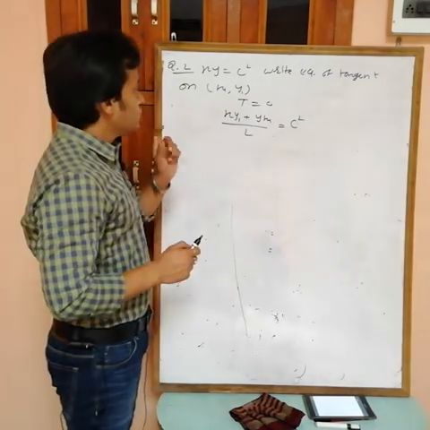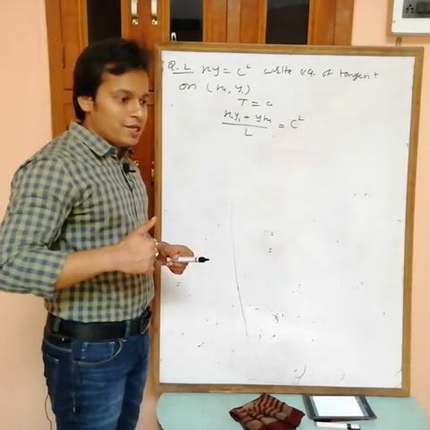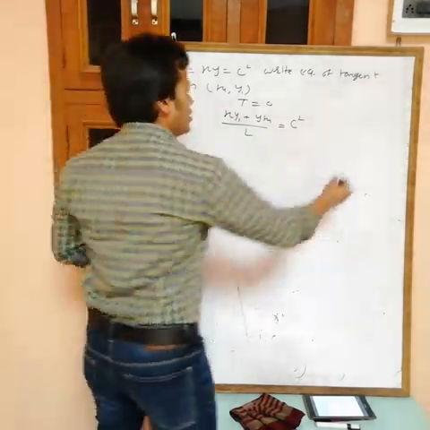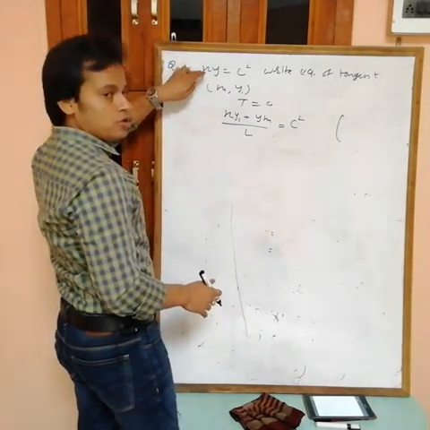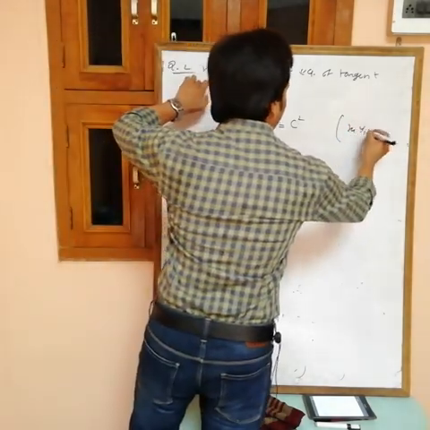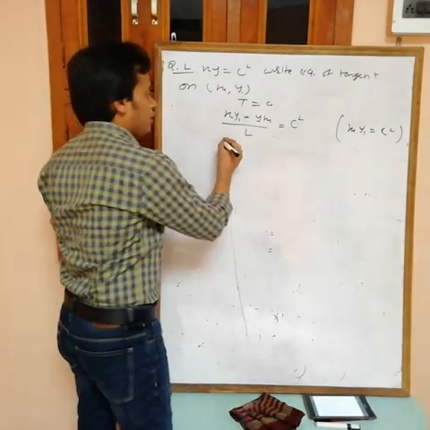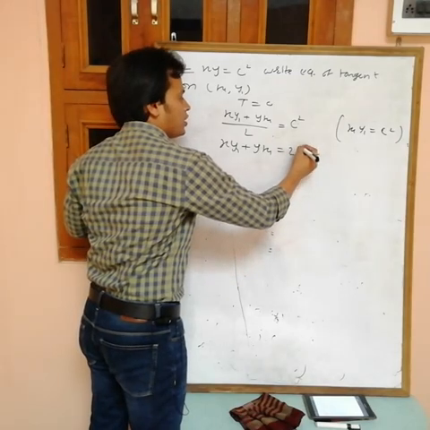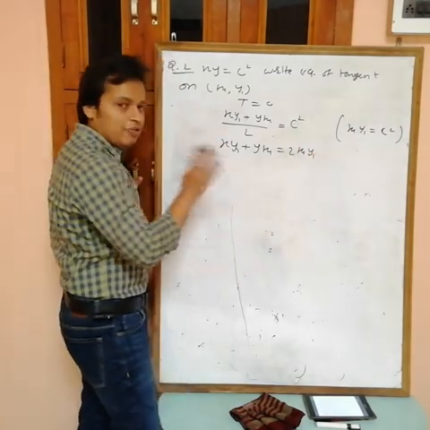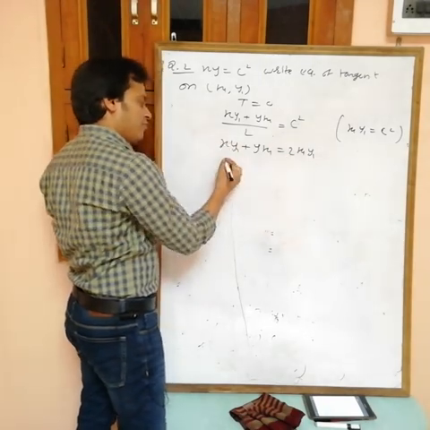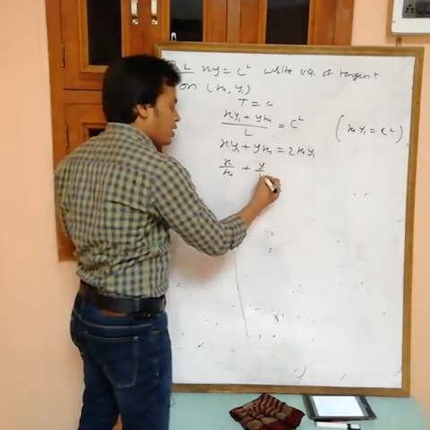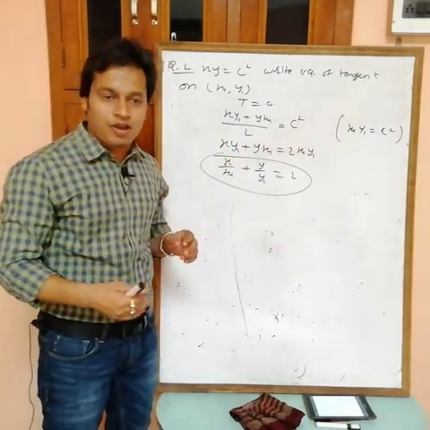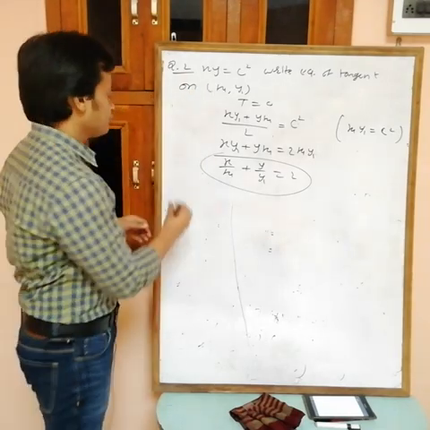Also, it is possible that the equation of the tangent is given only in terms of x1 comma y1. We know that x1 comma y1 lies on this curve, so it must satisfy it. Then we get x1 into y1 equals c square. So c square can be replaced: x y1 plus y x1 equals 2c square, and c square can be written as x1 y1. Divide by x1 y1; y1 cancels out, giving x by x1 plus y by y1 equals 2. This is the equation of the tangent at the point x1 comma y1 for this hyperbola. Question number 3.